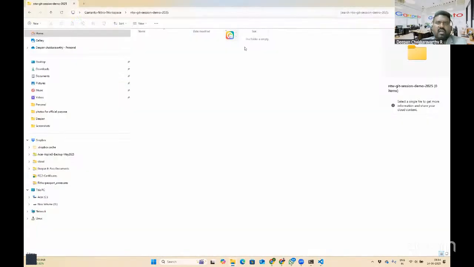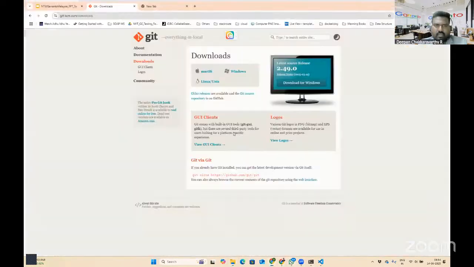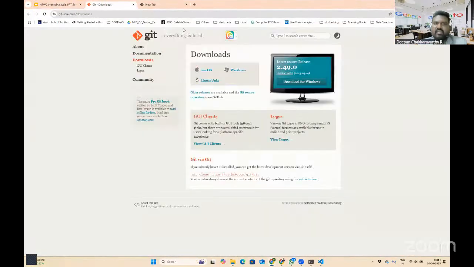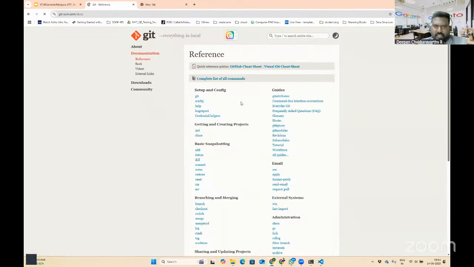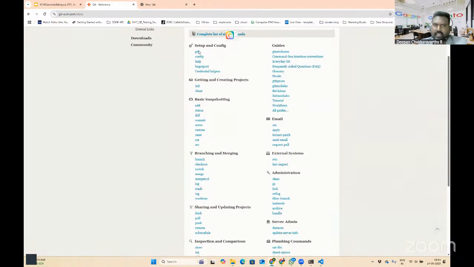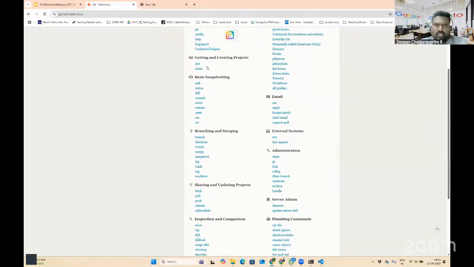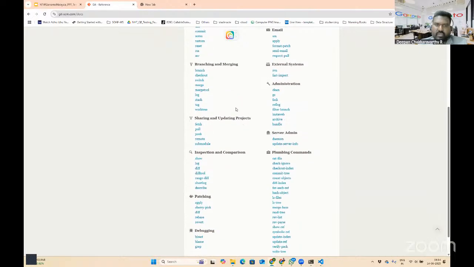Or else, you can use Git SCM itself, which is a good resource where you can find the basic Git operations, like setup and config, init, clone.